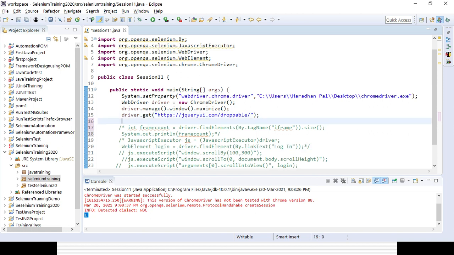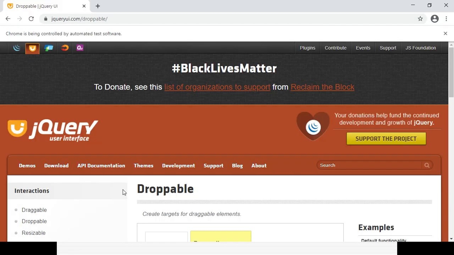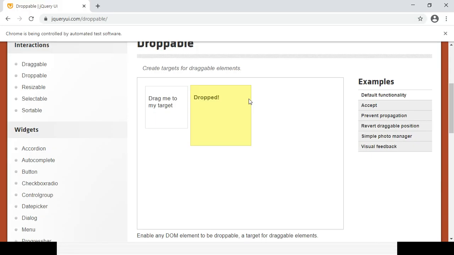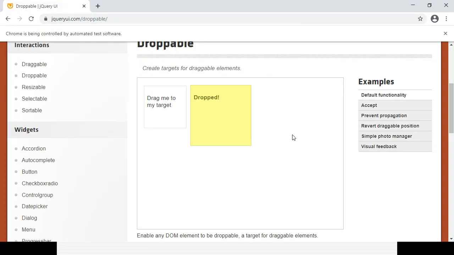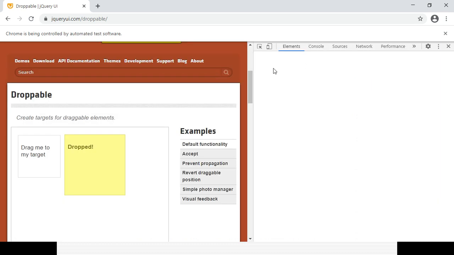This is the part I need to identify because I am dragging it here. So for drag and drop, I will be identifying the drag element. I need to inspect that element, so I am pressing the Windows F12 button and inspecting it. Drag me.